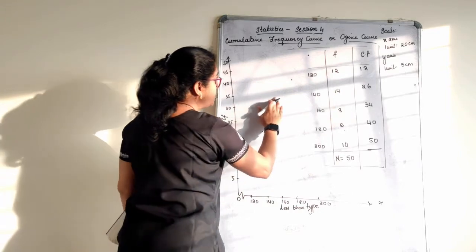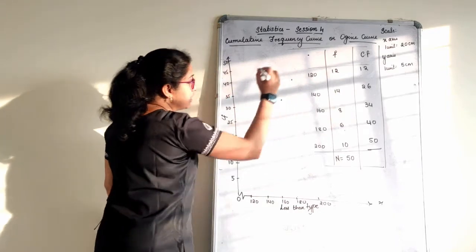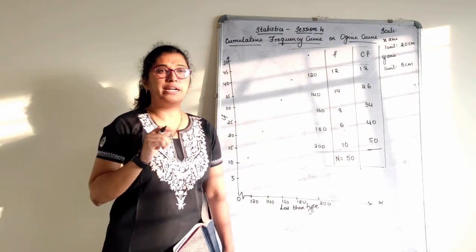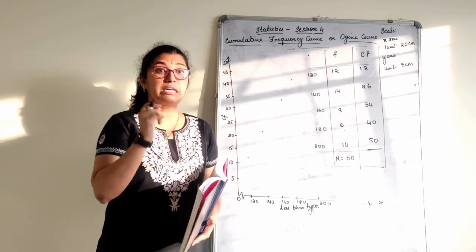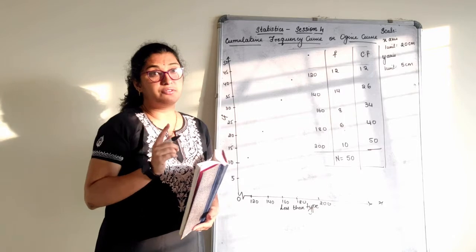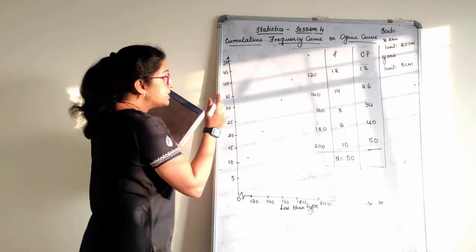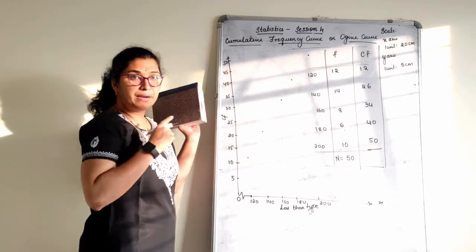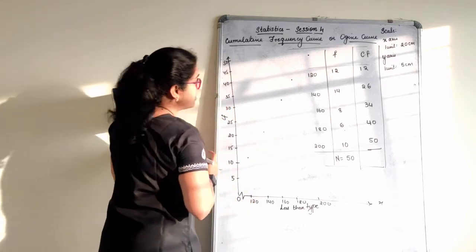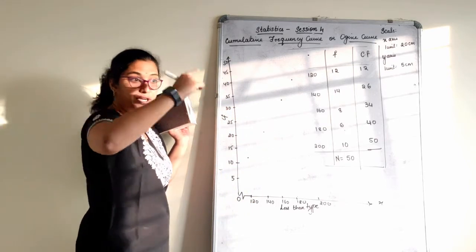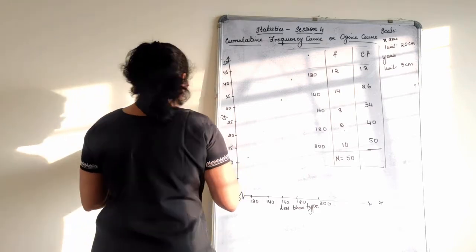Now the points what you have, right? These are not to be joined using scale. Ogive curve. When we talk about a curve, it is a freehand curve always. So basically what you do, a lot of practice is required because I'll just adjust my points a bit here because it definitely comes as a point.